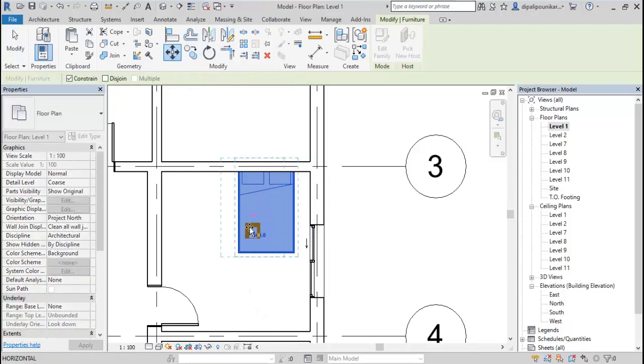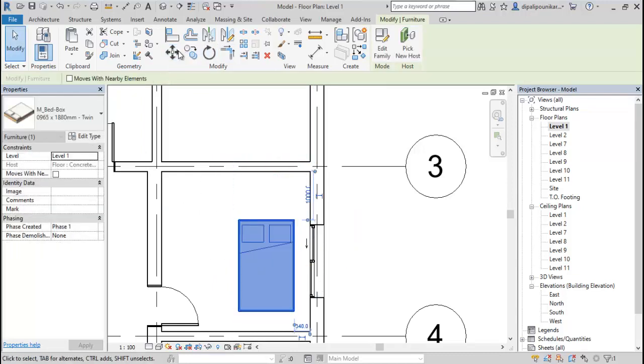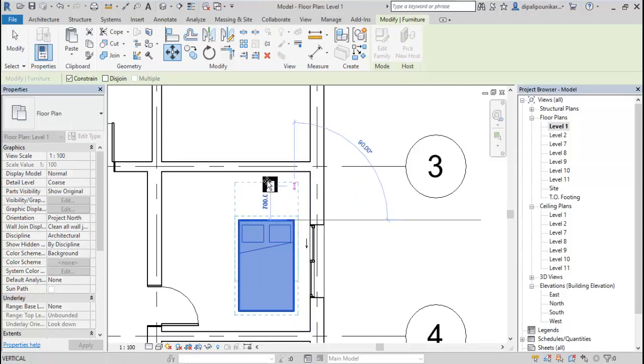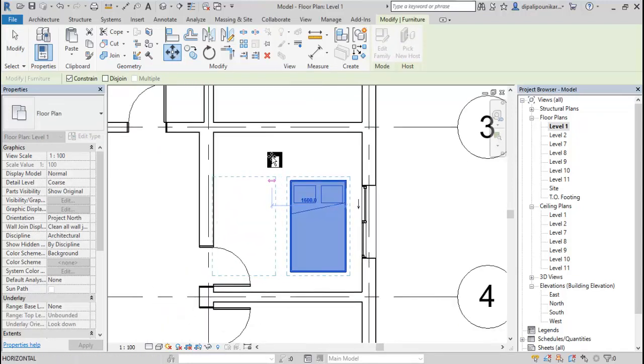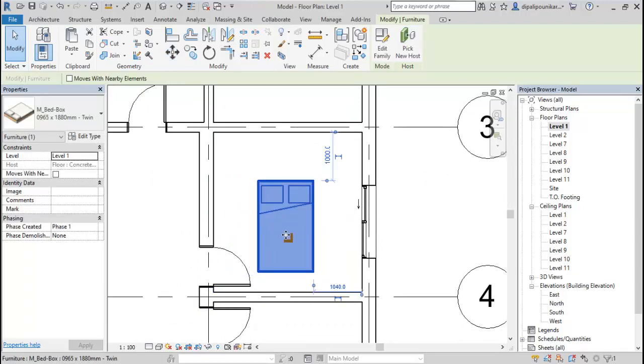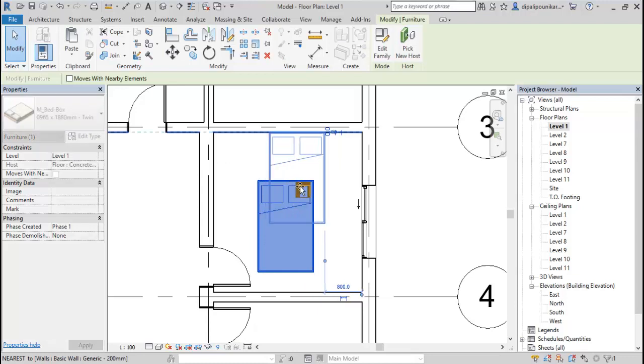So move this from here to here first of all. Okay, now select this point. Okay, let me move like this.